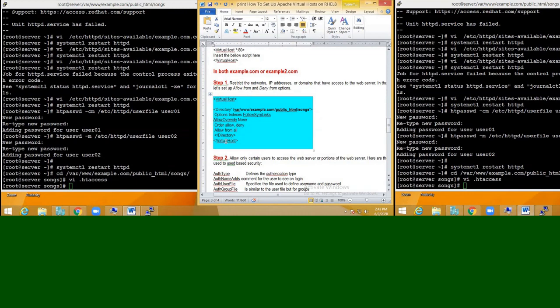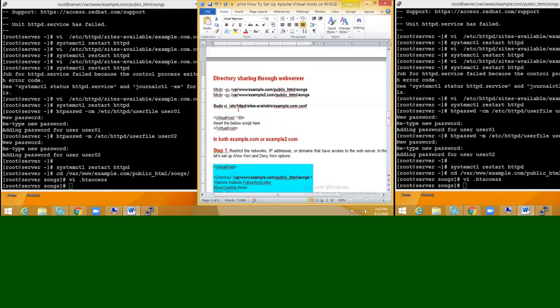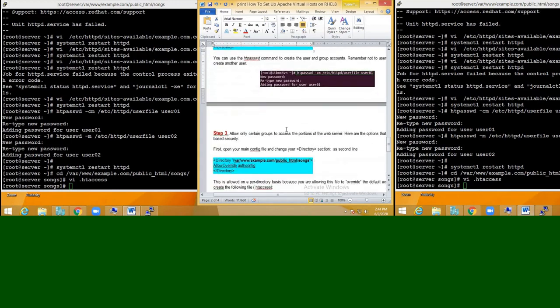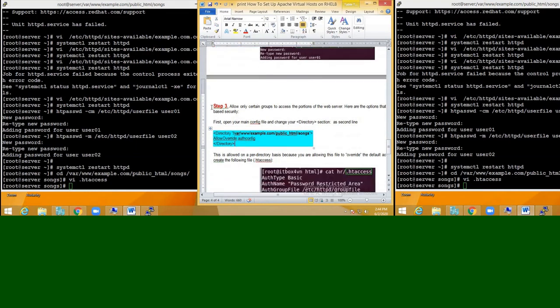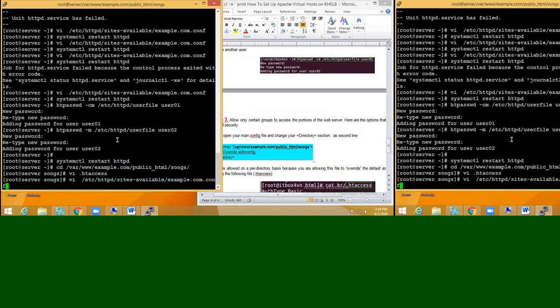There we have to say AllowOverride AuthConfig. When you say AllowOverride AuthConfig, you can see step 3, allow only certain groups or users, whatever. So I'll go to that configuration file, that is sites-available.